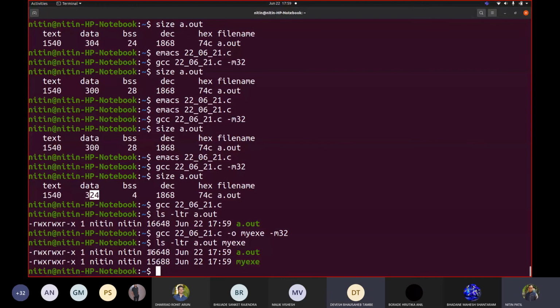So this is 64-bit and this is 32-bit. I am assuming some of you have older machines, purchased maybe 3-4 years back, which may contain a 32-bit operating system. So to make your life simple, from the student point of view, I always compile that code in 32-bit. Fine?